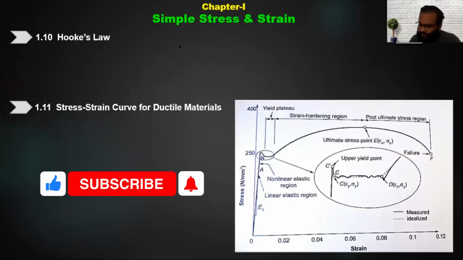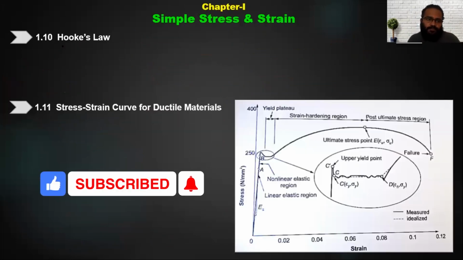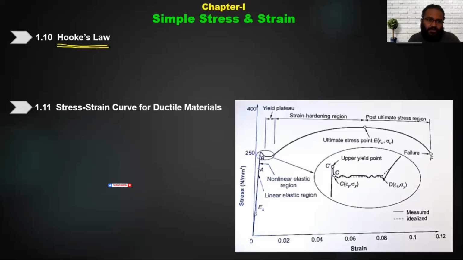Understand the next important point, Hooke's law. Many of you must have gone through 12th standard physics, and there we must have come across Hooke's law. So what is Hooke's law? The basic statement states that within elastic limit,